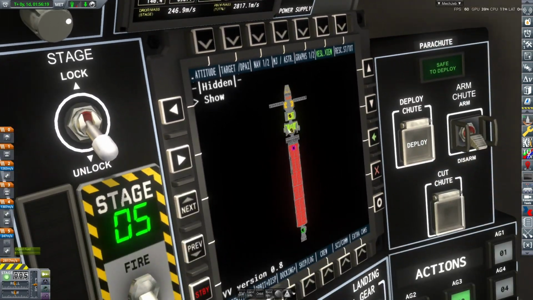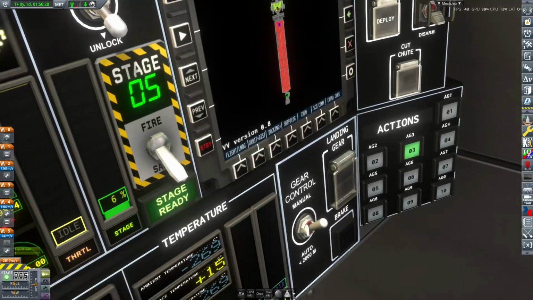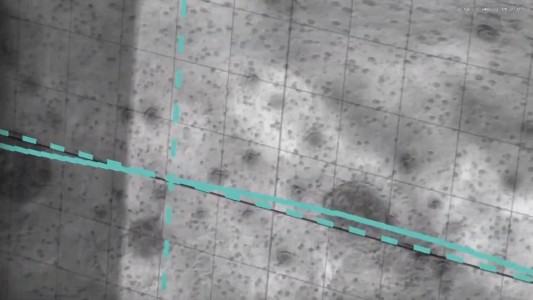I want to focus more on the landing now. I was hoping that I could just do the science, drop it off, and call it good for the mission, but apparently it's a little more complicated than that. So we are going to just push on forward and get ourselves landed. So now,